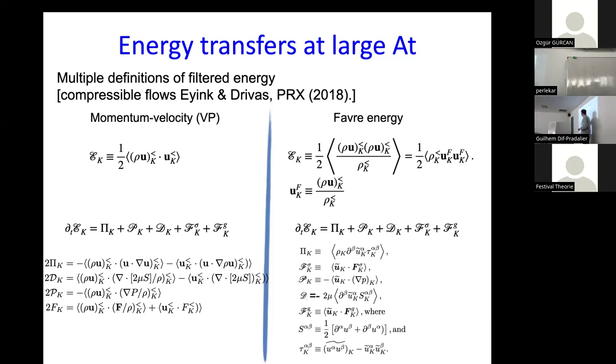So you could define it as filtered momentum times filtered velocity. If you're a physicist, you could define it as filtered momentum times filtered momentum divided by filtered density, which is called the Fourier filtered energy. Or you can define another definition, which is filtered density times filtered velocity times filtered velocity. Keep on coming up with combinations like so, right? And you could then ask, are all the definitions equivalent, right? Yes.